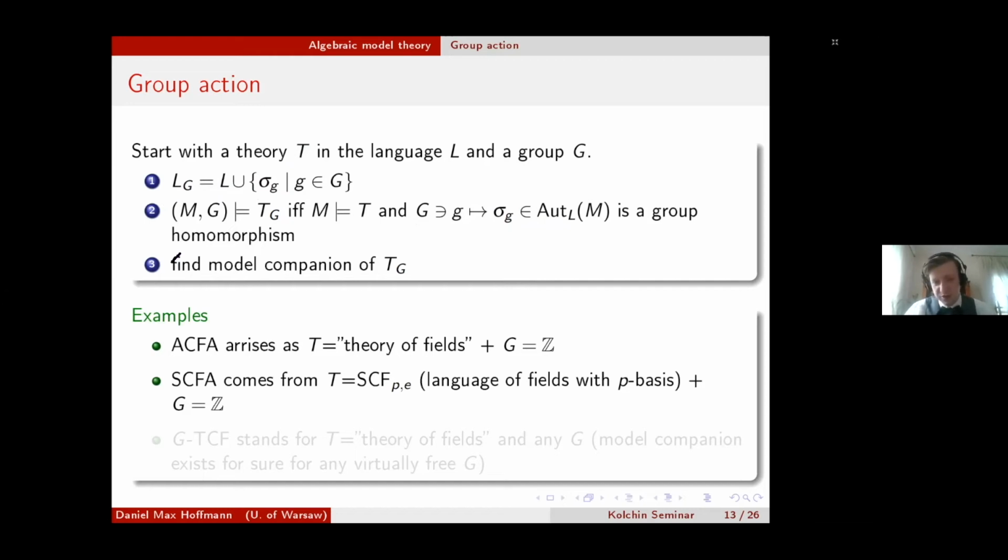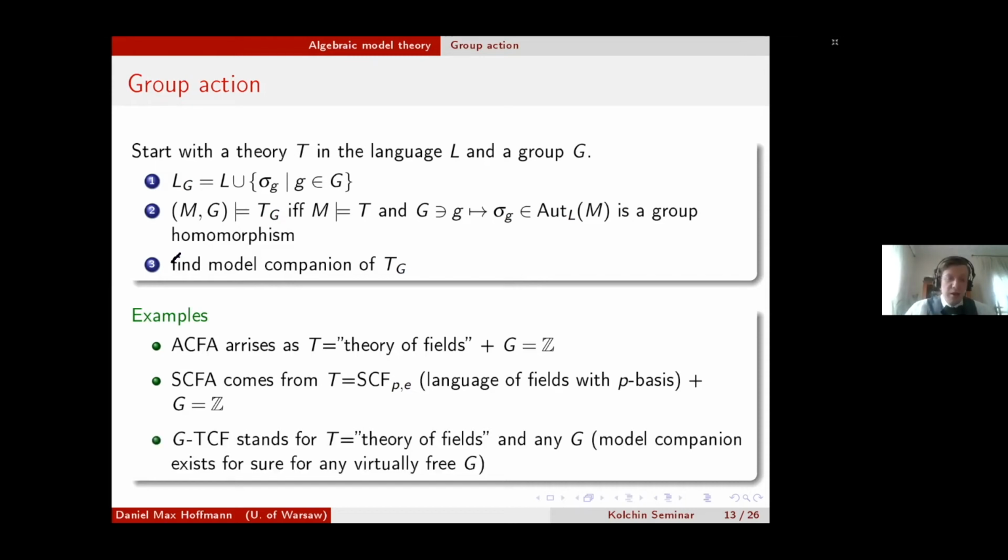And SCFA, so separably closed fields with automorphism, that's just T being separably closed fields, in the language of fields with p-basis, with a distinguished p-basis, and then again you take G being the integers. And one more, GTCF, and that stands for